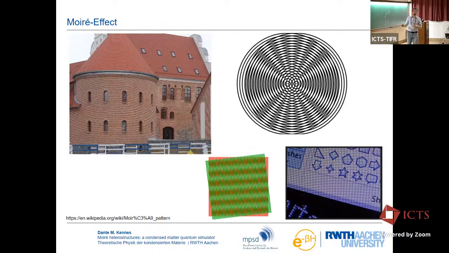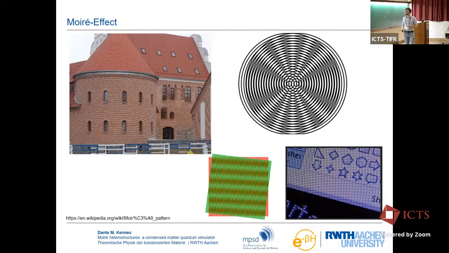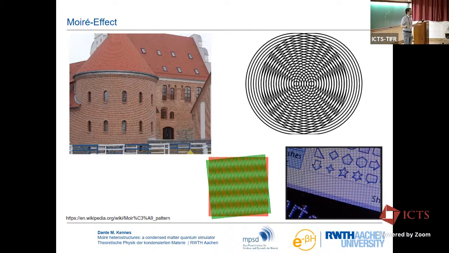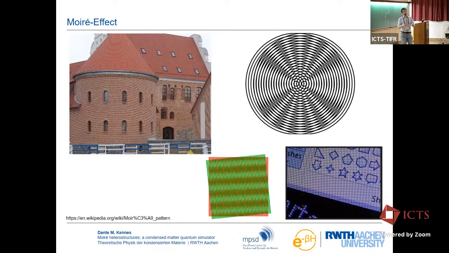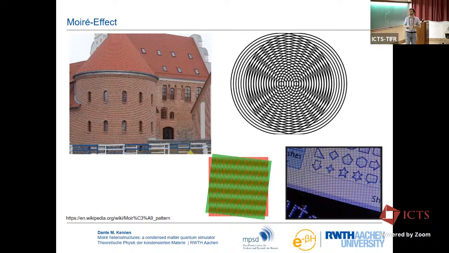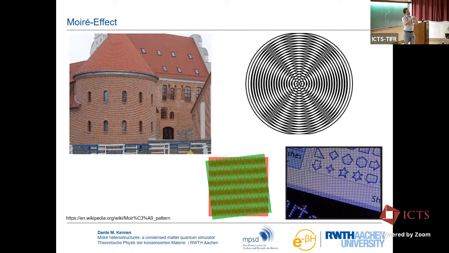Of course, this is not how the house was built, yeah? This is an aliasing effect, a geometric aliasing effect of that resolution problem. But of course, you can play similar games with any kind of pattern. Yeah? So if you take a pattern and you either slide it, you rotate it, or you have slightly mismatching patterns, you always get a Moiré effect. Another example are concentric circles that are just shifted left or right.